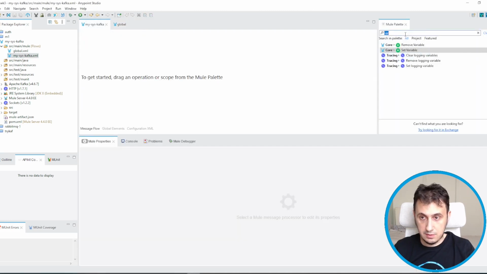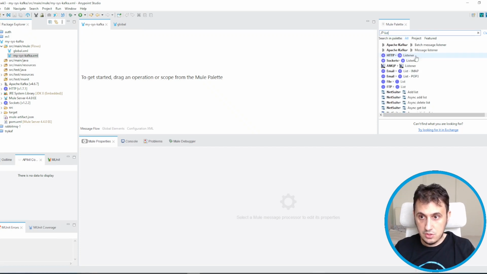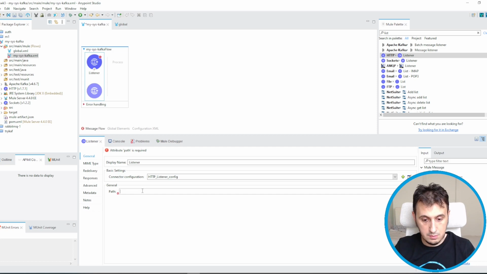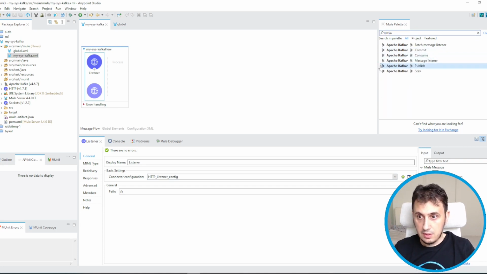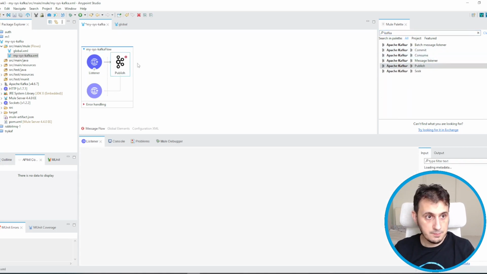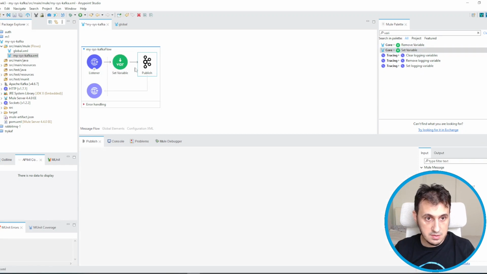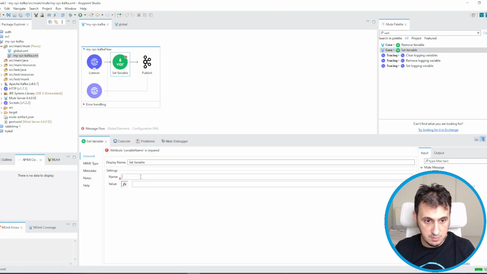Let's create an HTTP listener. Path is not important, /k. I will insert a publish. Maybe I can set a variable in order to save some information I will send. So for example, a UID.